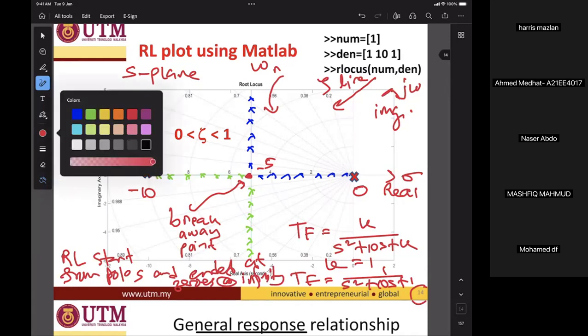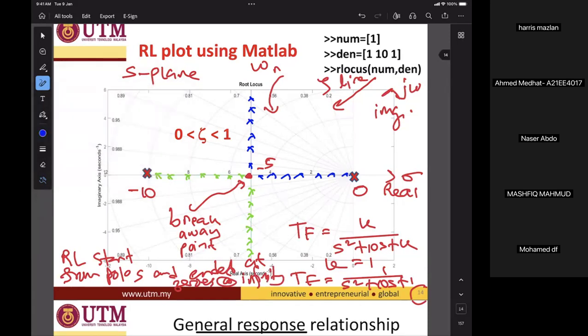So now we have a pole at 0. You start from here, meet at -5 and then go up towards infinity. And then the second one will start from -10